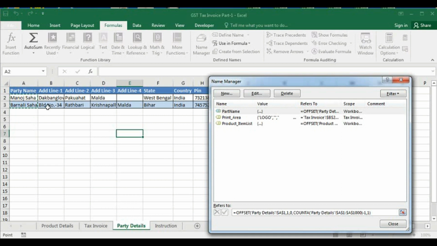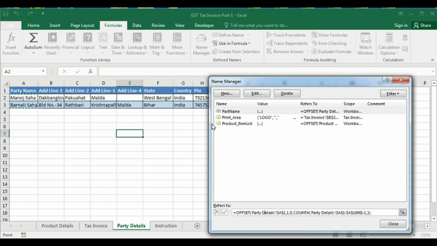Now we will do address line 1. The same formula will be given on every dynamic range. Only the first cell will be changed. That is, here is A1, here will be B1, C1, D1, E1, F1, like this.